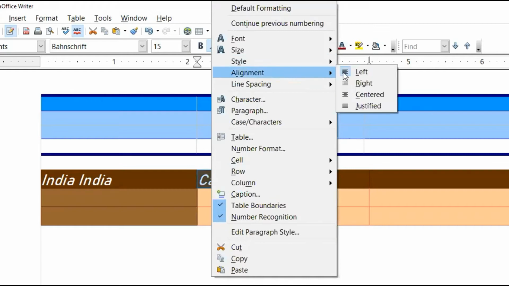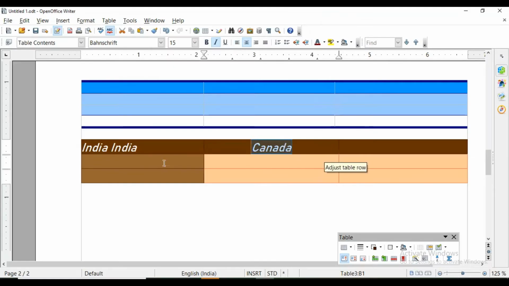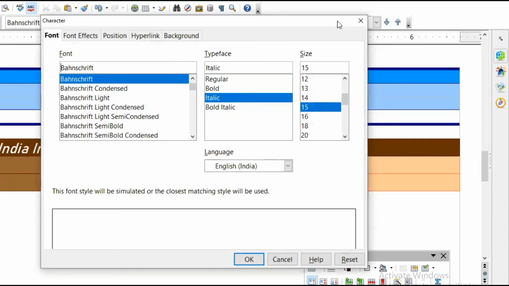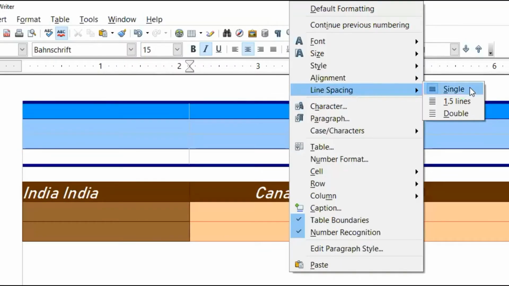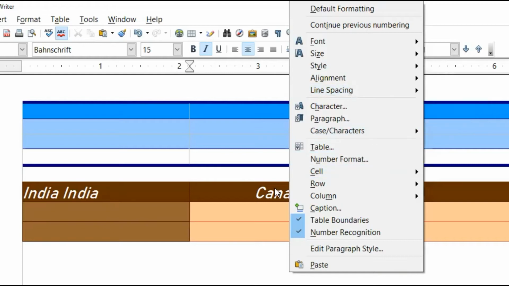Right click, alignment, centered. And now again in a new cell, it will be on the left side because we have changed settings for only one. Now line spacing is single by default. If you want to increase line spacing between two lines, then you can have these options: 1.5 and double.